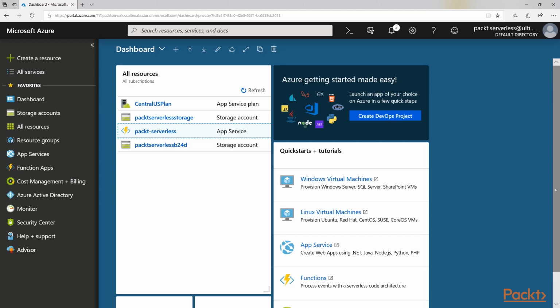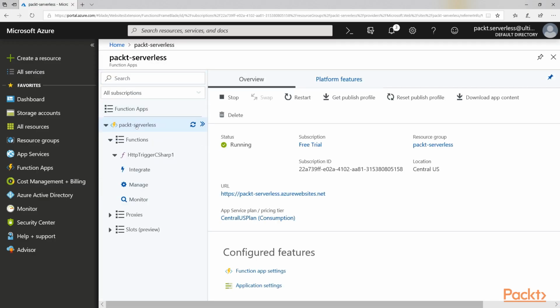Here we are inside the Azure portal, and you can see that we've got the resources that were already created, our function app service plan, as well as the app service itself, and 2 storage accounts. Inside here, we see just one function app, packed serverless, and it has one function inside of it. Now, you'll notice that we have a download app content, and that is a possibility to use, but it's recommended